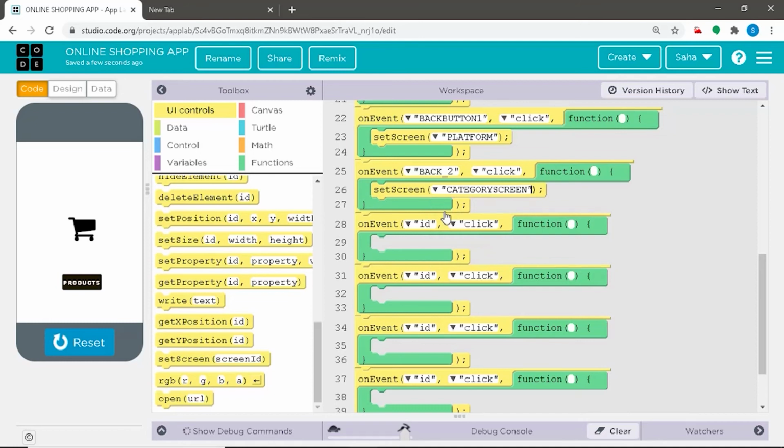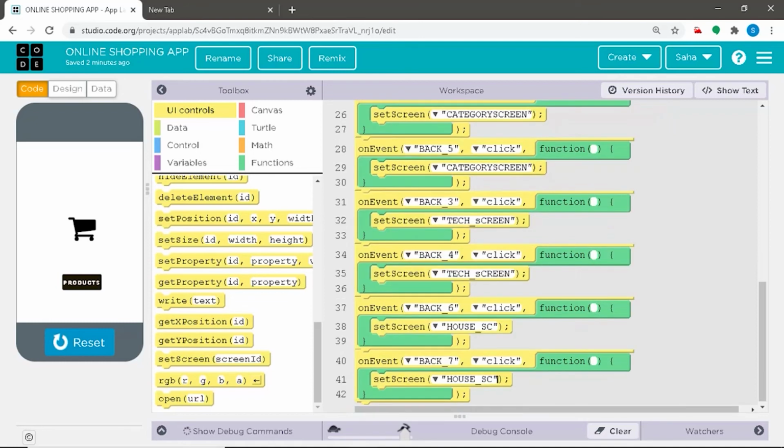As you can see, I have made it simple and defined the other back buttons, which we have given different IDs in the design mode. So basically, back button 2 is on the technology screen and back button 5 is on the household screen. On clicking either back button 2 or back button 5, we shall be redirected to the category screen.